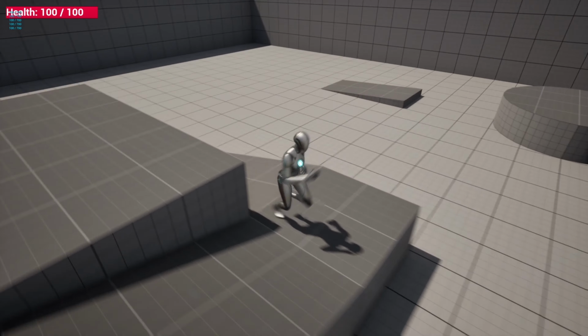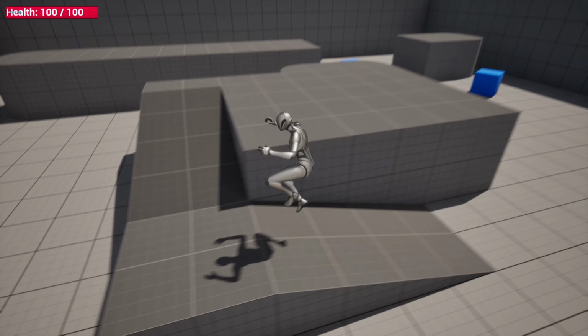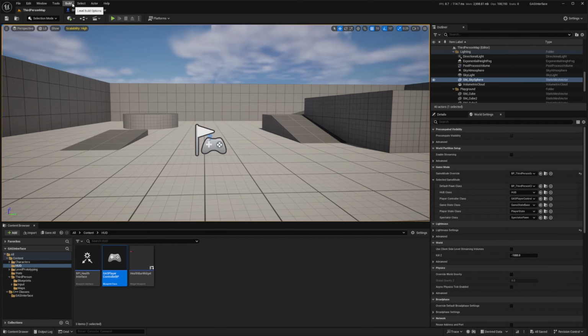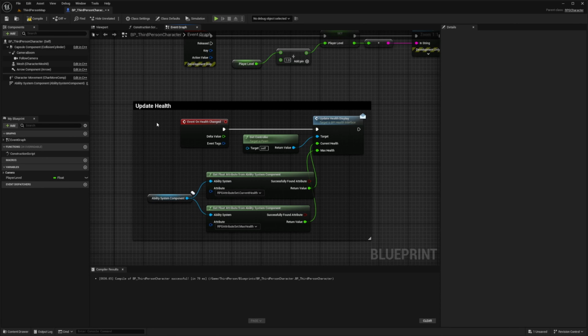And that's because we only currently set it up in C++ to only update when our current health changes. So in order to change that, instead of going to my C++, I can just head over to my BP third person character, and down where we call this update health, for this event on health change. I could either add this or modify this in C++ in order to calculate for my max health, or I